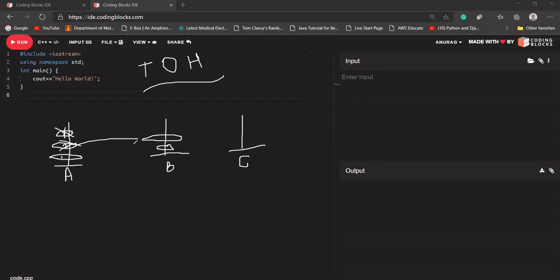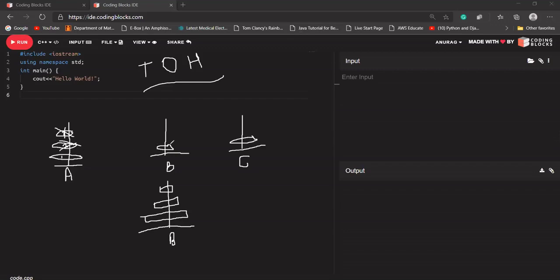So what you can do in that case is place that disc number 2 here. It means you have deleted this disc number 2. Now the output I am expecting at B is disc number 1 at this position, disc number 2 at this position, and disc number 3 at this position. So I'm expecting a result something like this: the smaller disc on top, the medium one in the middle, and the larger one at the bottom.